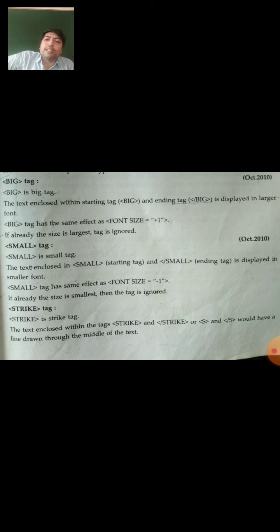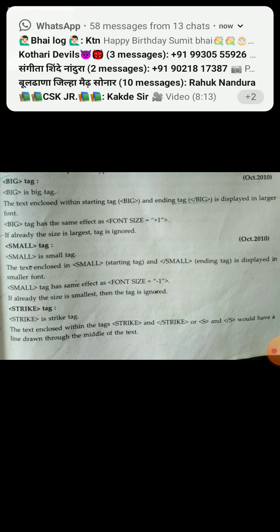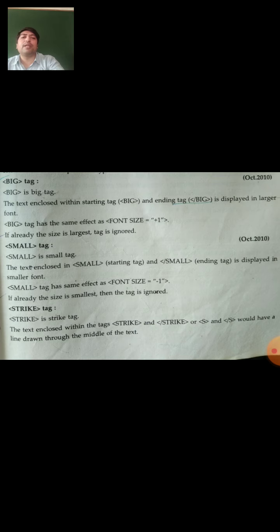If the size is already the largest, the tag is ignored. We can give the font size with +1, which will be useful for showing the text in the larger form also. So we can format different text with the big tag also.